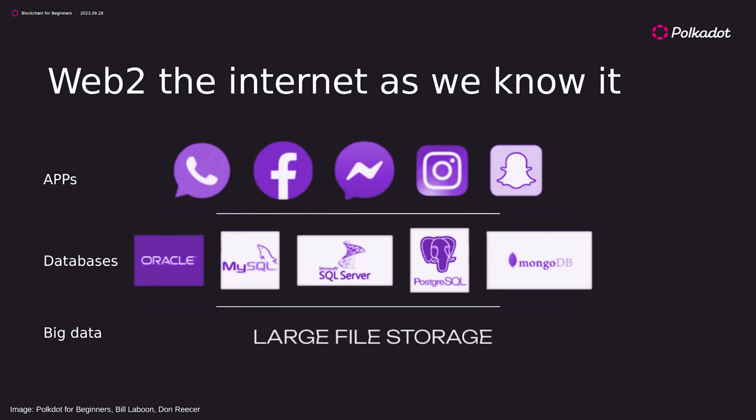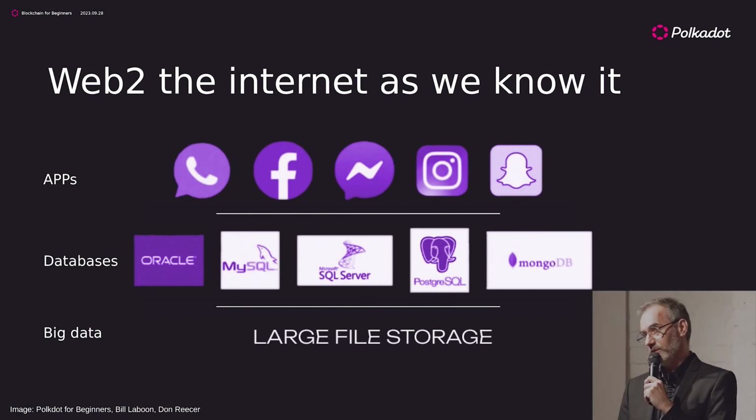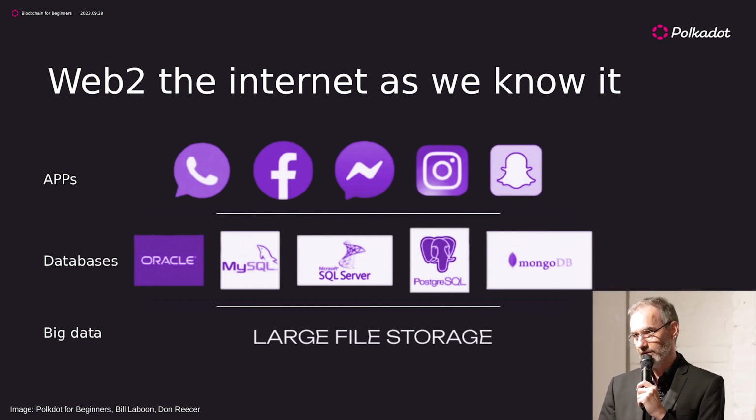There's the application layer, the user interface, the web page, the app on the mobile phone, that is often connected to databases, where our user data is stored, where all the data is shared and where we can query data and put data. Standard is that big companies control those databases. For example, when you think about Facebook, all your data is in databases. Your Google profile is in a database. Normal databases are owned by private companies. And when it comes to very big data that doesn't fit into databases, then there is an extra external file storage to put huge video data and so on.